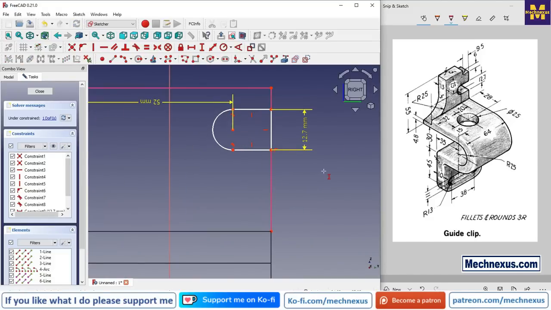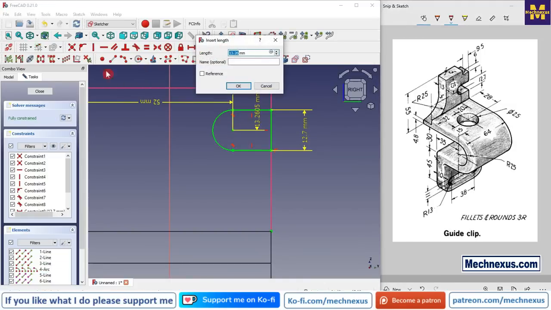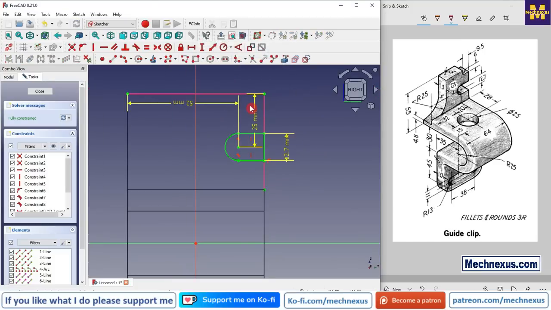Now we have to constrain this center. So it is 25 from the top, so we will select this point and this point and give the dimension of 25, and I will move my dimensions. Now close it,